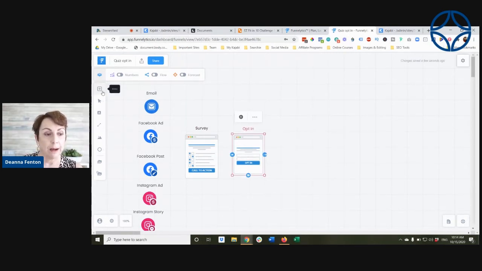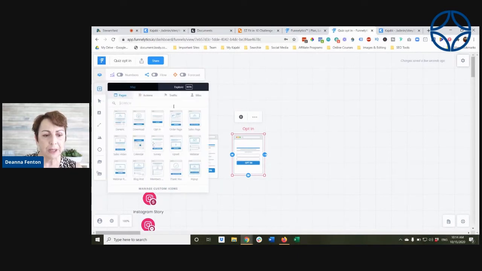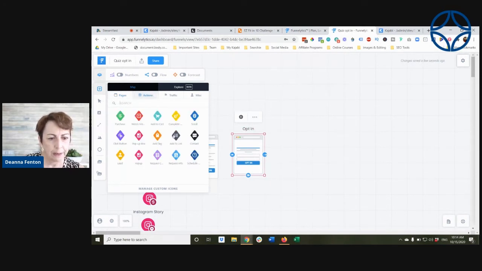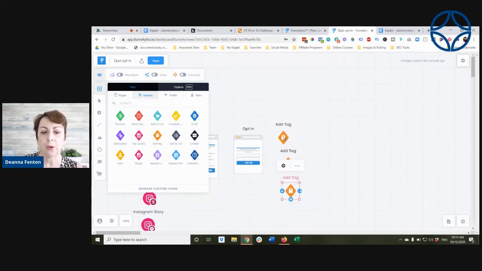So after the opt-in, now you have an option that you are going to, here again, we've also got our different actions. So at the opt-in, we're going to add some tags, and maybe we're going to add 3 tags, 1 for each quiz result. So once again, you see, now we're starting to figure out, what is it we're going to do?